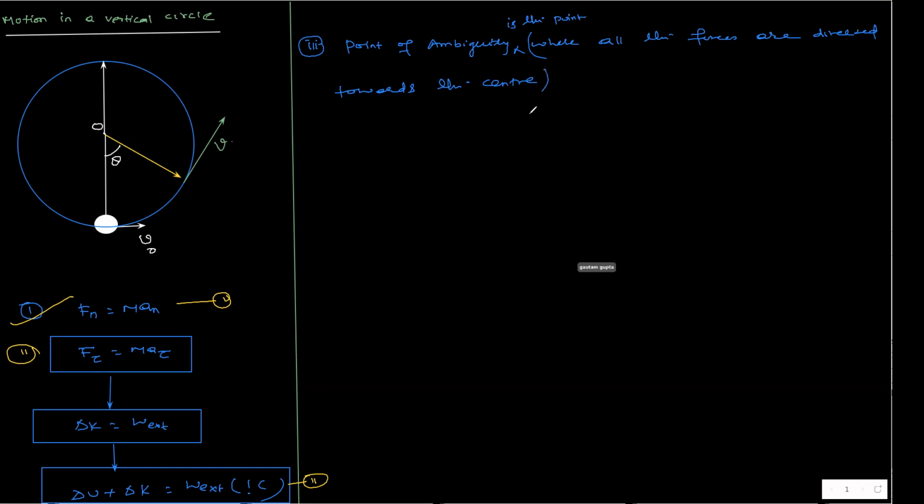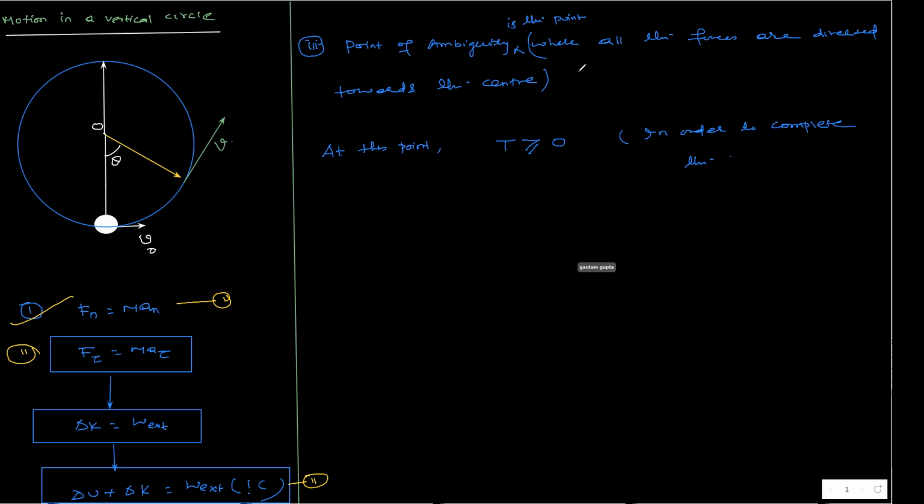Now at this point you have to make tension just zero. So tension greater than or equal to zero in order to complete the circle. Okay, tension just vanishes. It means what you are applying is that other forces are sufficient to give it the centripetal acceleration. Even if tension vanishes at that point, the particle will be able to complete the circle.